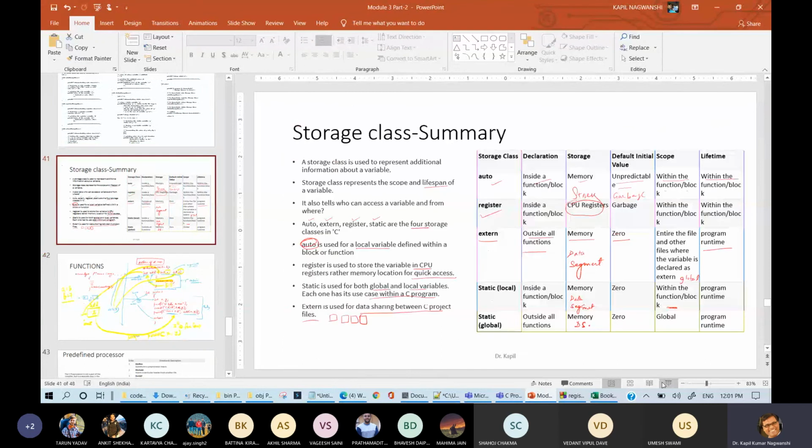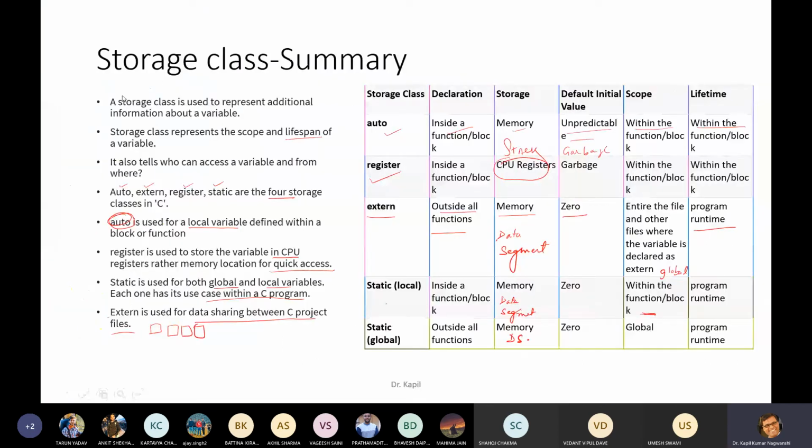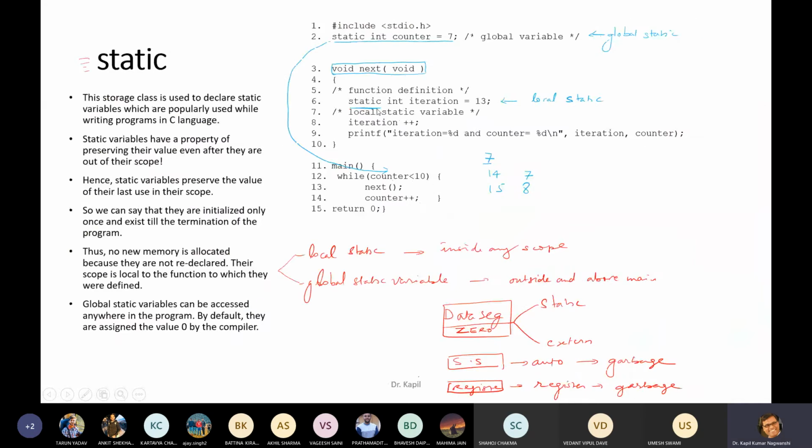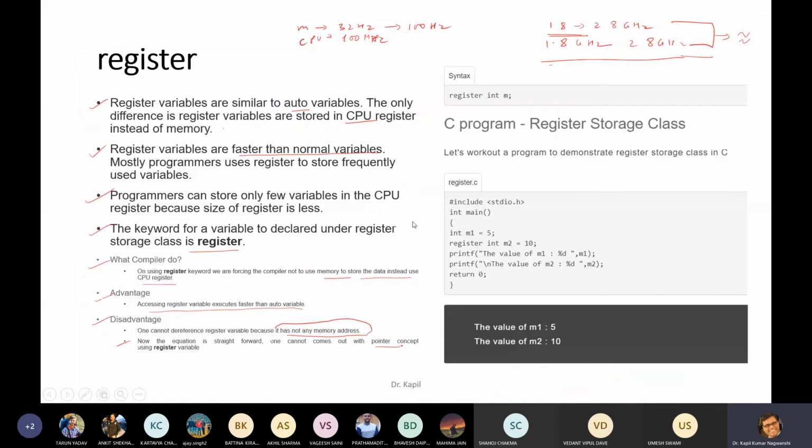So this is our summary of storage classes. There are 4 different storage classes, and the fourth one is divided into 2, static local and static global. If it is inside a function, like in this program, this is our static local, and this is our static global because it is outside of main.